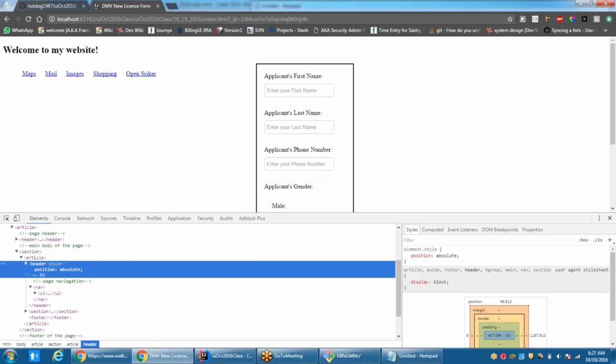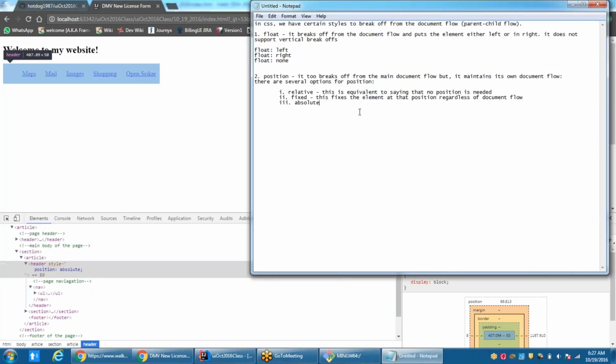But now I have the flexibility to put this element anywhere in the document, anywhere. And to do that, this breaks off from the document flow and can be placed both vertically and horizontally